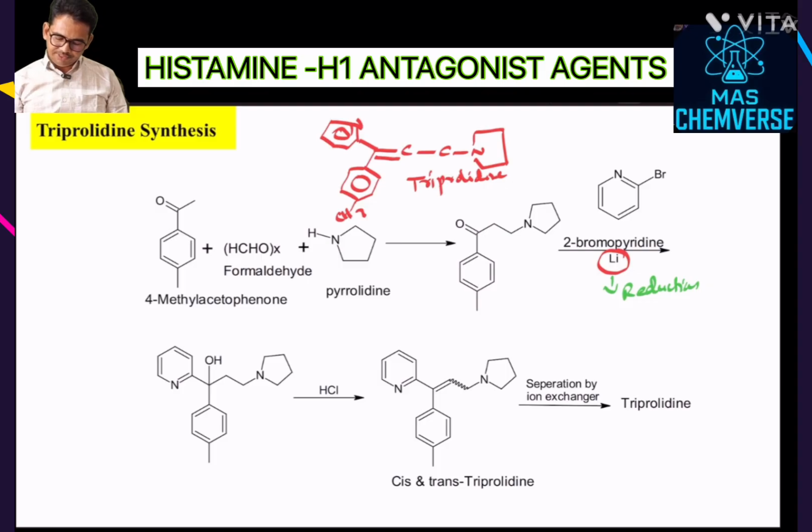One more step is there. It will undergo the reduction, meaning what? Particularly this structure here, the methyl, due to reduction, here it will be converted to the